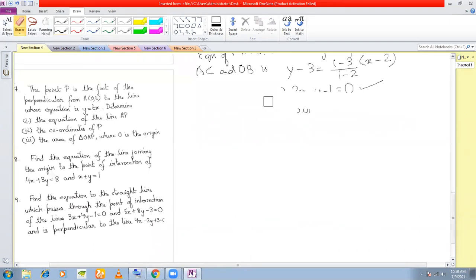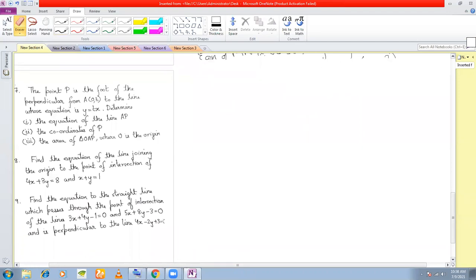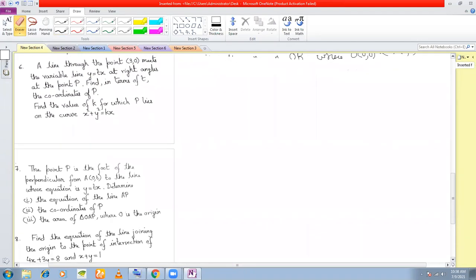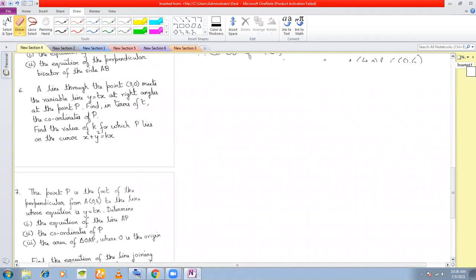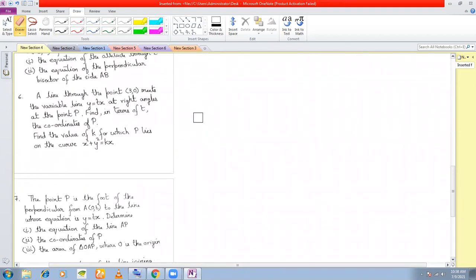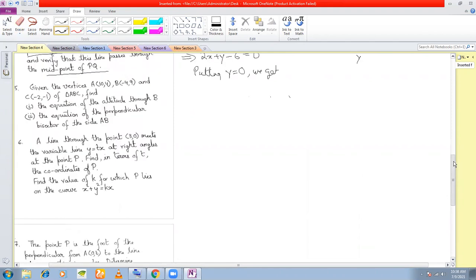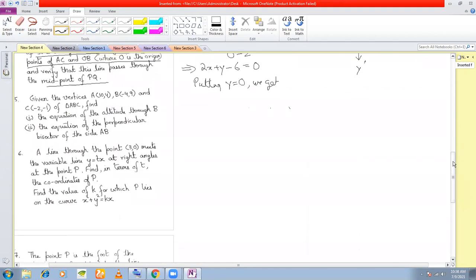These are all just revision of your last year, class 10. There's nothing new except that the questions are a little long. In fact, some of this was removed from the syllabus also. Otherwise you could have done these questions back in class 10 only. Anyway, we move on to number 5 now.